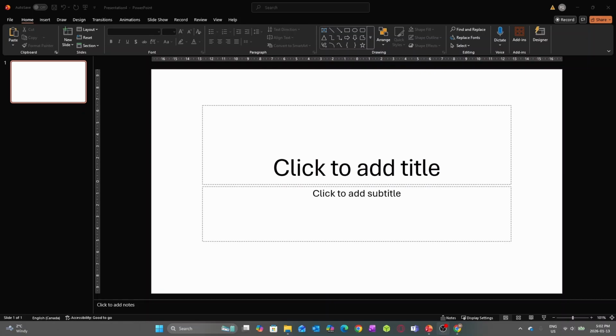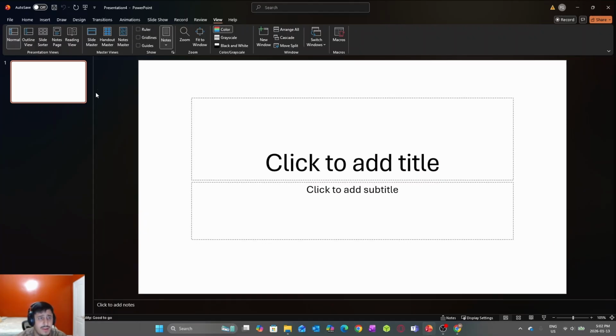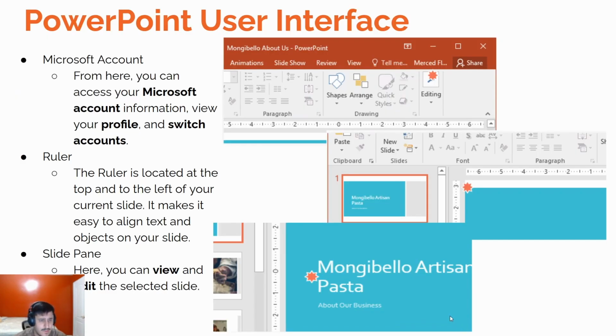Okay, let's come back. If we remember, we go to the View tab, and then we see this ruler option, so we can select it. If you want to open the ruler, you go to View, go to Ruler, and just click on that check mark, and it will appear. If you want to turn it off, same thing. So that's a ruler. And as we remember in Word, it was really good for aligning